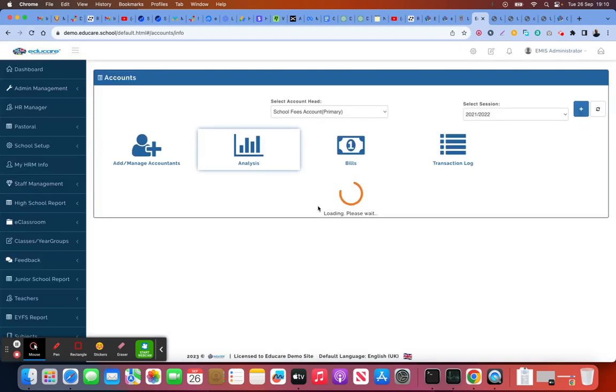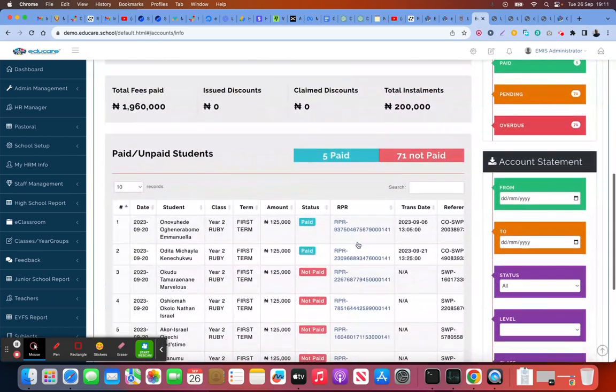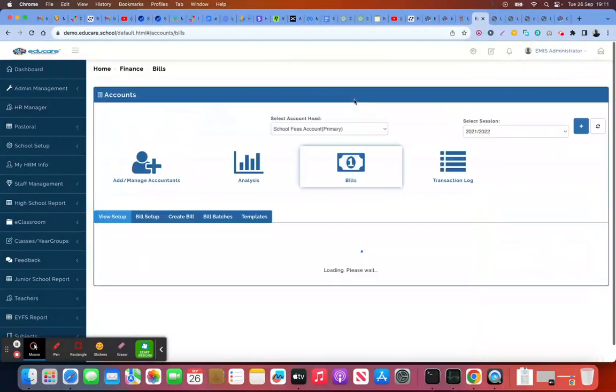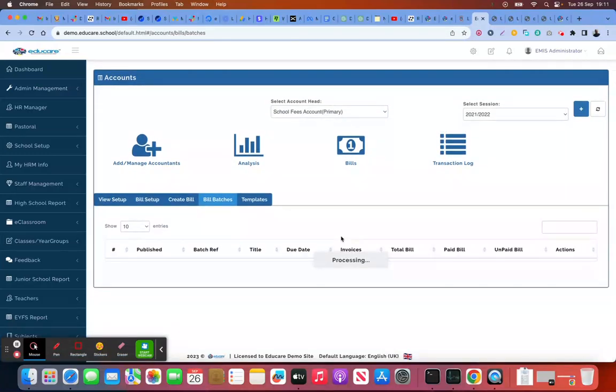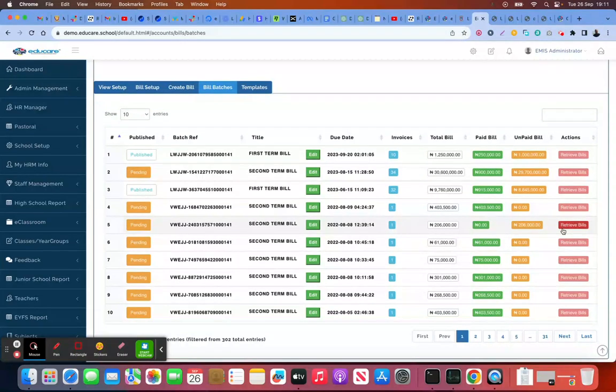In a situation whereby I created an invoice for the entire school or entire class and I realized that what I did was wrong, or it was for experimental purposes, you can see it's no more here. I want to retrieve everything. If I come to bills here, I go to bill batches. Here, I can see. You notice the ones where the red is a bit darker means that I can retrieve them. The ones where the red is faint means I can't,